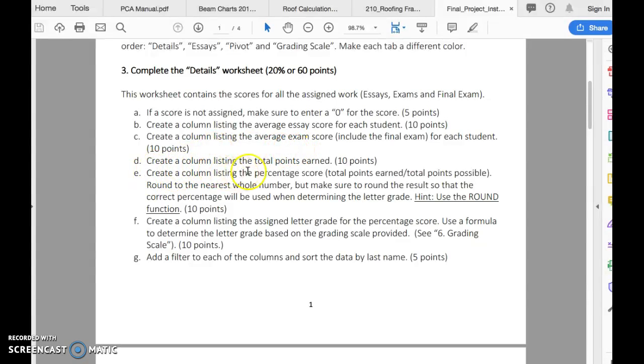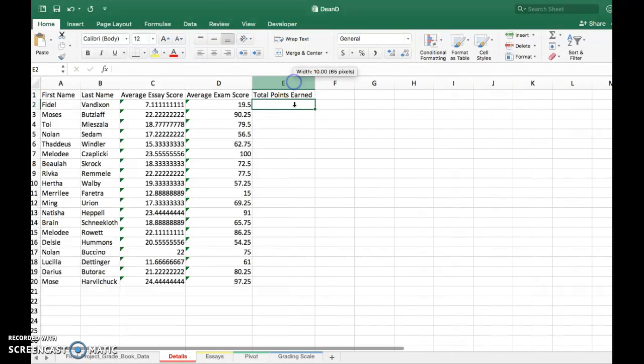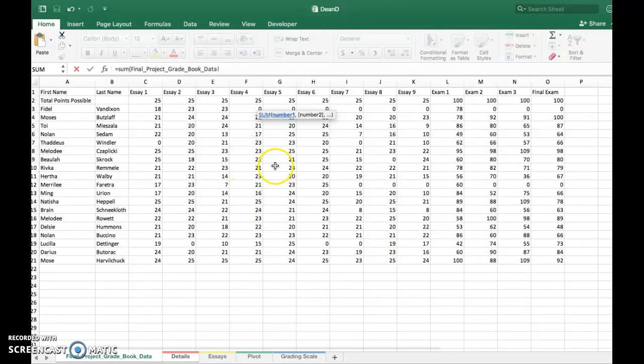D says create a column listing for total points earned. All right, so total points earned. Widen it out. Okay, now that's going to be a sum function, so we're going to go equals and write sum. We're going to be adding all the points. And so, again, we're going to start with Fidel,